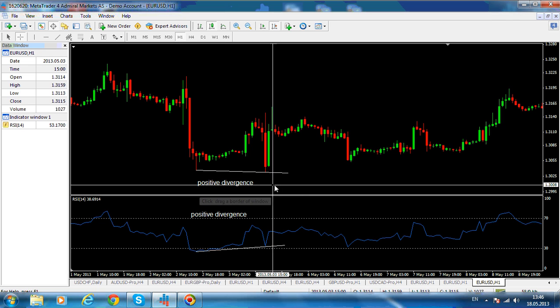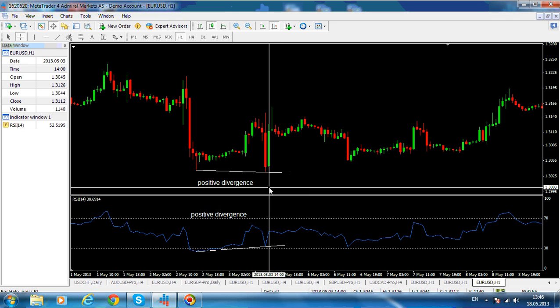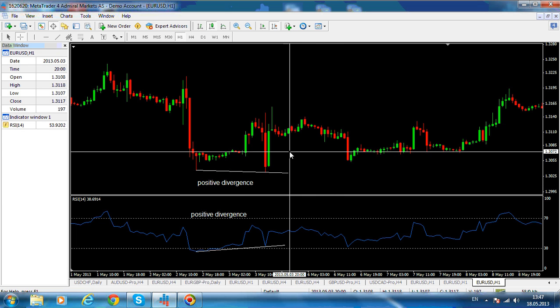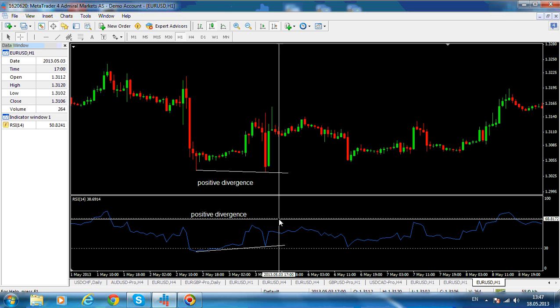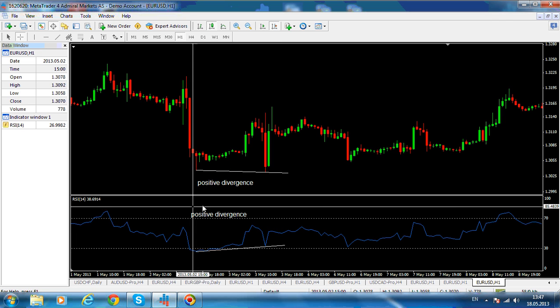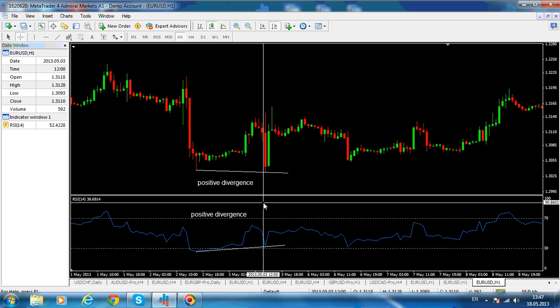So this is a positive divergence, but this kind of confirmation we're going to see mostly in the recording dedicated to the second subject of this talk about divergences. That is how to treat divergences when identified. Anyways, for the purpose of this recording, we are just identifying positive and negative divergences. This time is the positive divergence time,